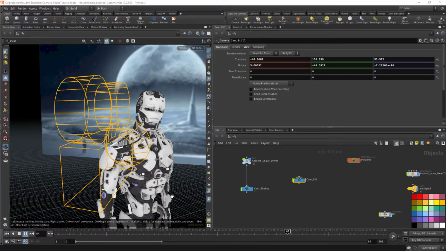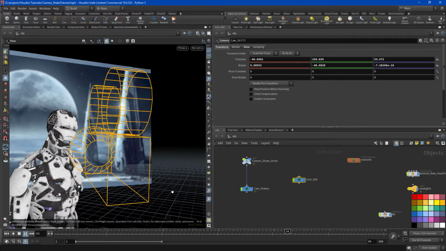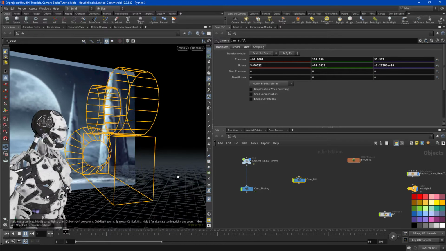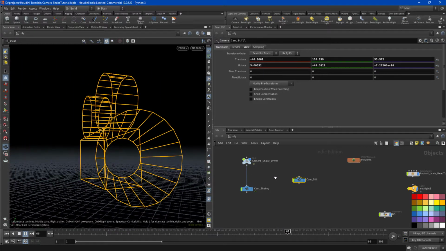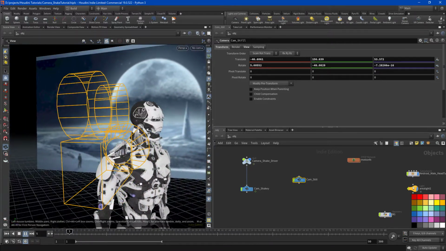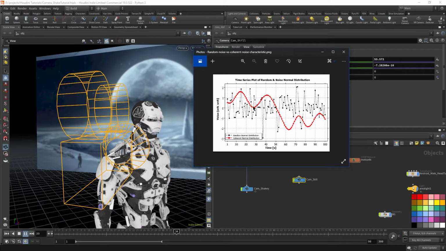Hello, welcome to a quick tutorial about camera shake, because we as CG artists often have to junk things up a bit. We have to add some barrel distortion to our shots, or maybe just a little bit of blur over the entire thing, just to make our footage match what has been shot practically with a real camera. So we're given these virtual cameras, and I'm going to show you the difference between randomness and noise,